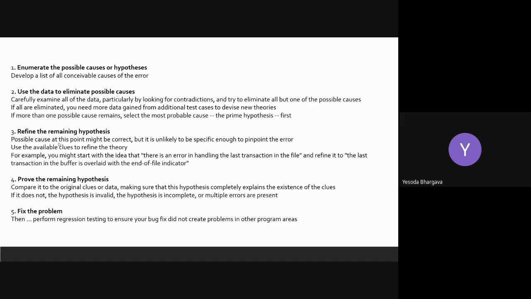and then you go on to refine the hypothesis that you had formed in the first place, because this is more like an experimental thing going on here. So basically, you are doing an experiment for each particular hypothesis, and then you're refining your hypothesis, and then you move on to fix the problem when you have really narrowed down to the hypothesis. But again, this is a very linear way of trying to understand debugging by induction or deduction.